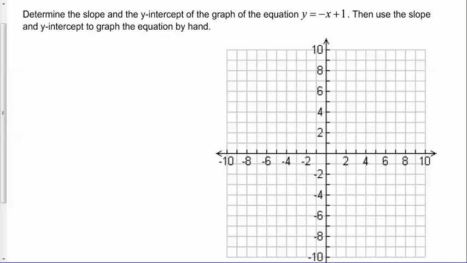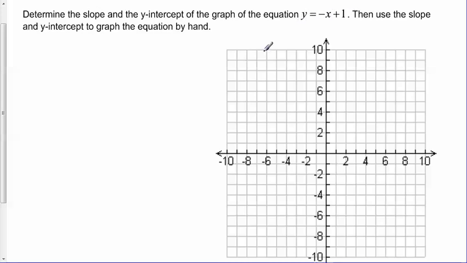Determine the slope and the y-intercept of the graph of the equation y equals the opposite of x plus 1. Then use the slope and y-intercept to graph the equation by hand. So when we look at the equation that we're given, we can see that we have something that looks like